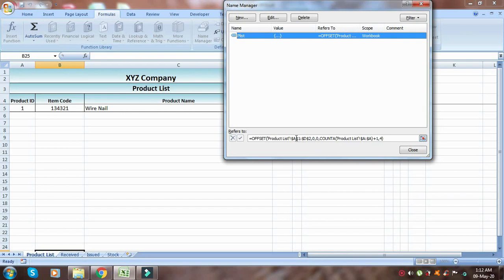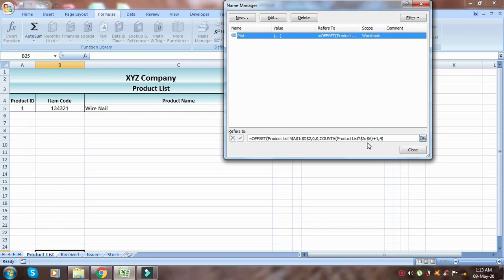In this OFFSET formula, the count of row and column starts from 0: 0, 1, 2, 3, 4, 5, like this. So after choosing 0 row, 0 column, I have initiated another formula, COUNTA.